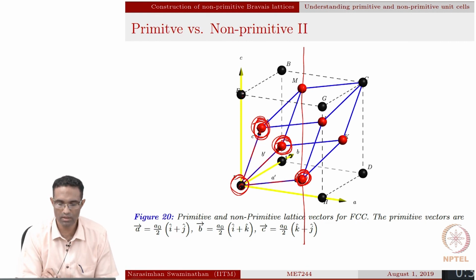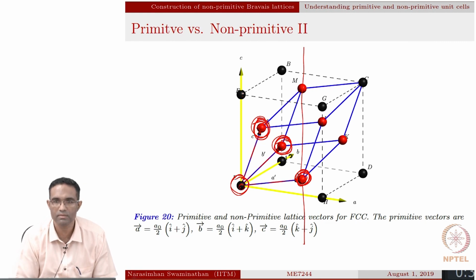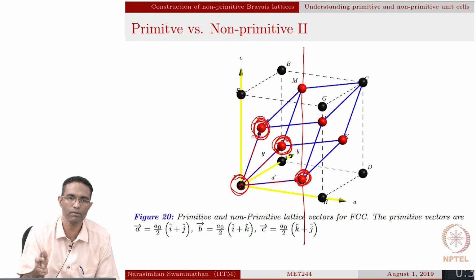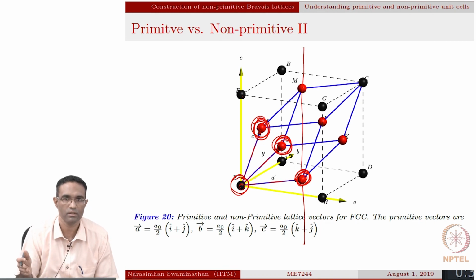If you choose this and this, they are equivalent, right. So these are the 4 basis atoms that you would choose for constructing your FCC structure using